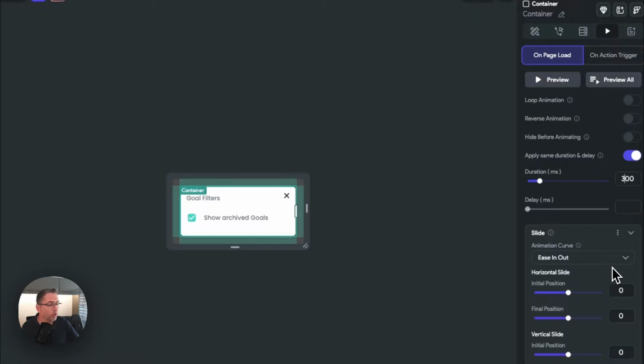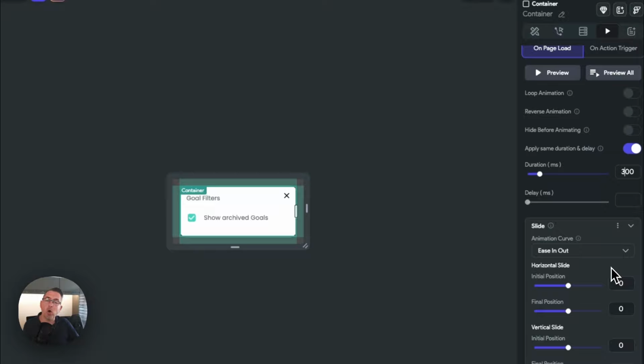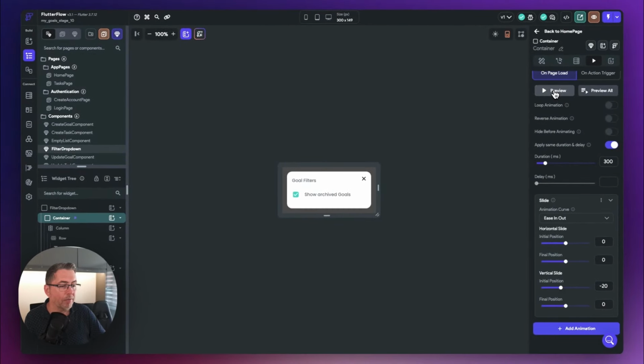So the first thing we're going to do is focus on the slide. Of course it's not going to be horizontally sliding from either left or right. We're going to bring this down from the top. So we're going to set the initial position to be -20. We're just going to bring this -20 from the top, and you'll see that play. If I hit the little preview here, you can just see it drop down there, which is just what we're